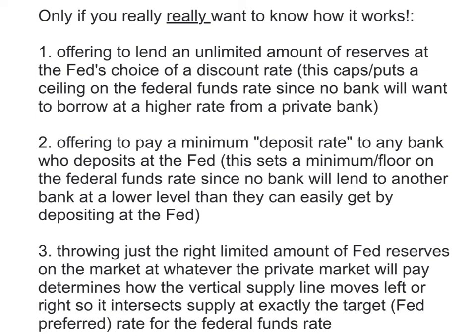And the last thing the Fed can do is put a bunch of reserves of its own. It can offer to supply X billion dollars, a fixed amount of reserves, out there to loan at whatever the federal funds rate will be. It's sort of adding to the supply of reserves. And by choosing the amount it's willing to supply to the market at the federal funds rate, it's able to influence what that market rate will be. Okay, it's able to influence what the private market will pay. And that's what the diagram is about.